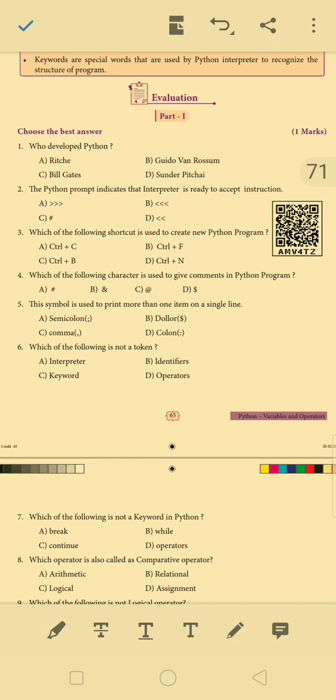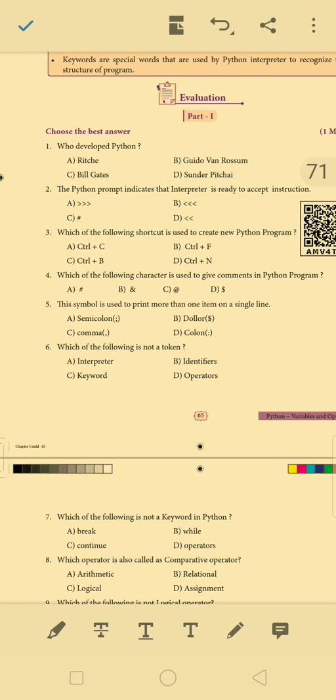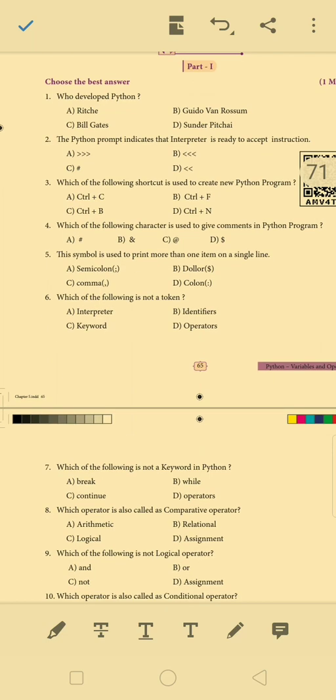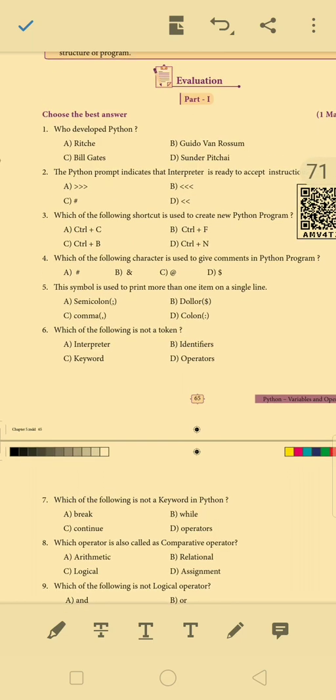First question: who developed Python? Option B, Guido van Rossum. Second question: the Python prompt indicates that the interpreter is ready to accept instructions. Option A, Python prompt, that is three greater than symbols. Third one: which of the following shortcuts is used to create a Python command prompt? Option D, Ctrl+N.